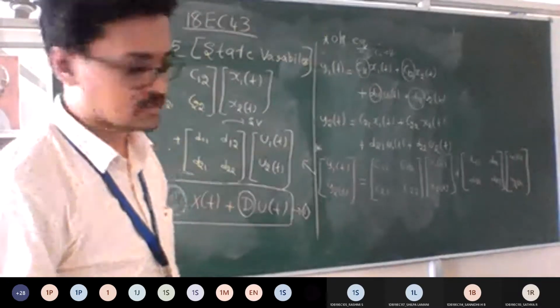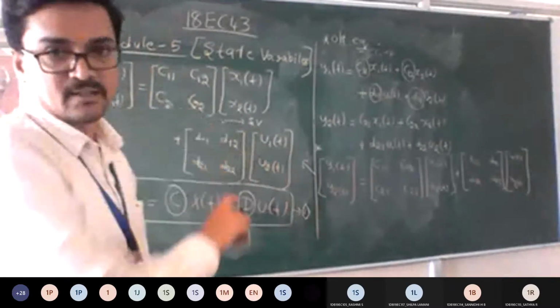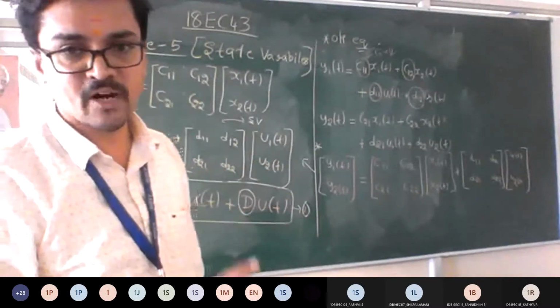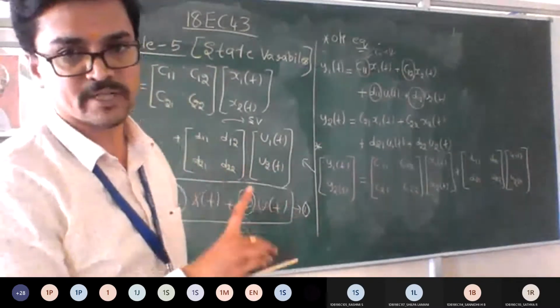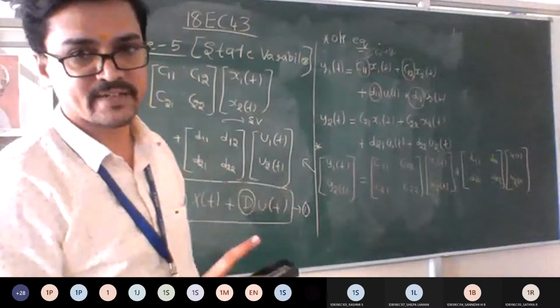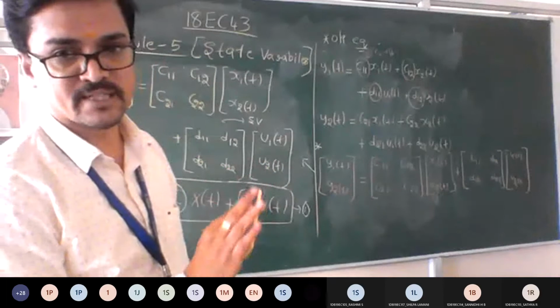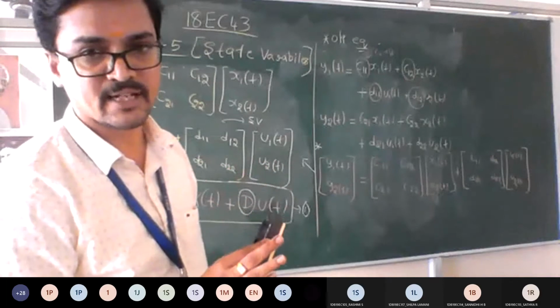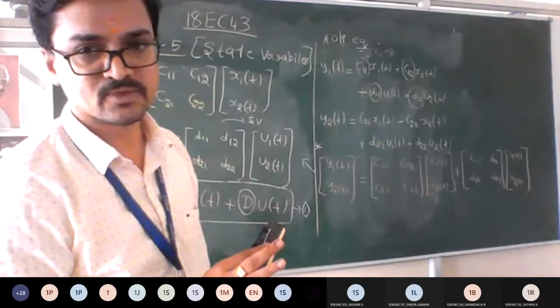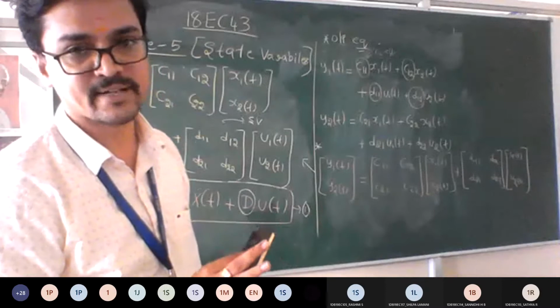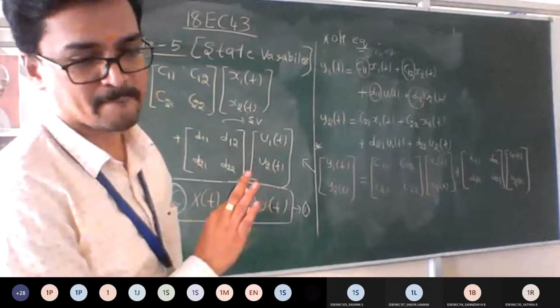Good. So now, in the complete state model derivation, we have to calculate two things. One is the output equation, and the other is the state equation, out of which one category is over. So shall I move on with the next derivation? In the same part, I need to calculate the state equation, so that then only I can draw the state model diagram. Is it okay? Shall we move on?